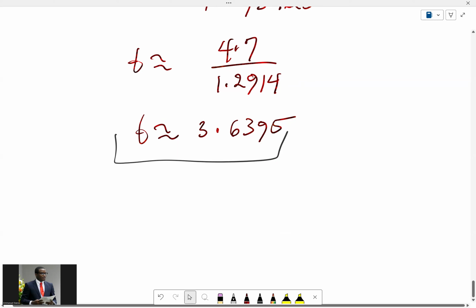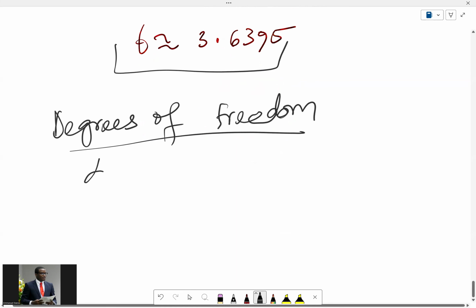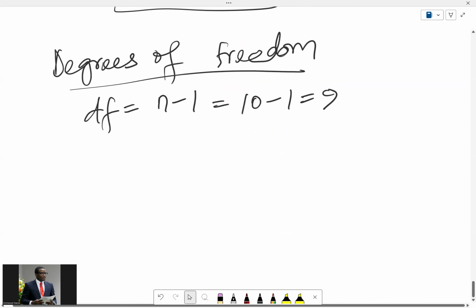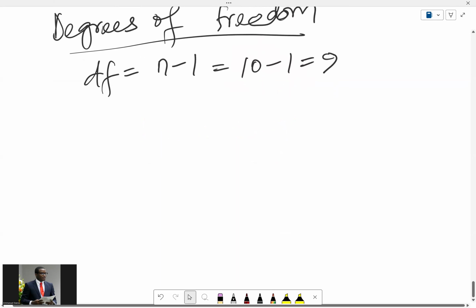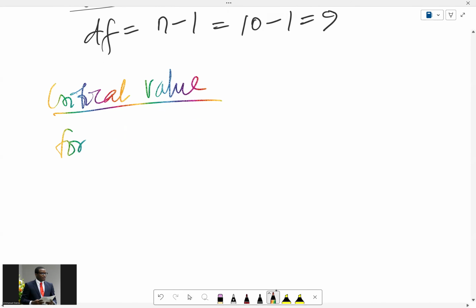Yeah. So next we need the degrees of freedom. So that's df, which is n minus 1, and that is 10 minus 1, and that's simply 9. So that's easy peasy. Then we go for the critical value, which will involve the degree of freedom. Critical value. So, we've always assumed a two-tailed test. So we say for a two-tailed test